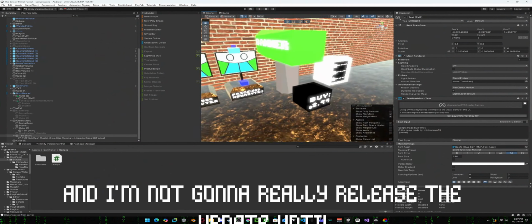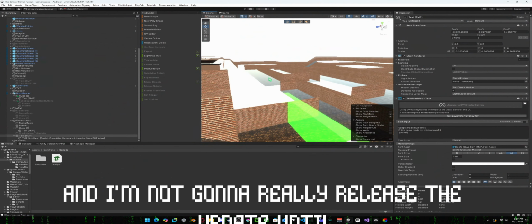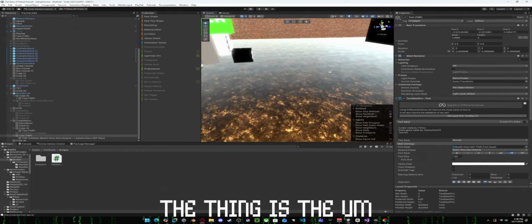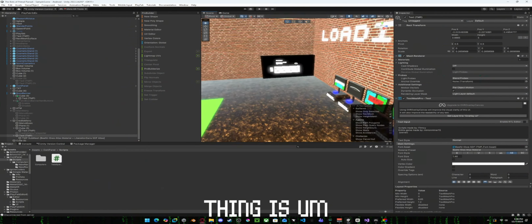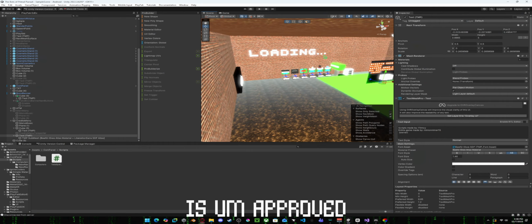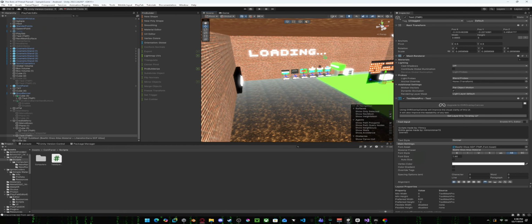And I'm not going to release the update until the in-app purchases thing is approved, if MetaQuest